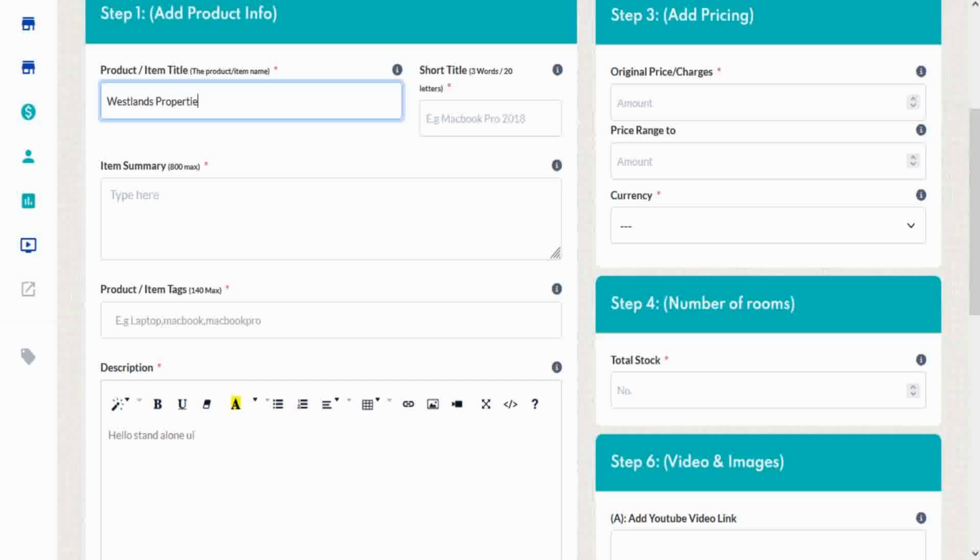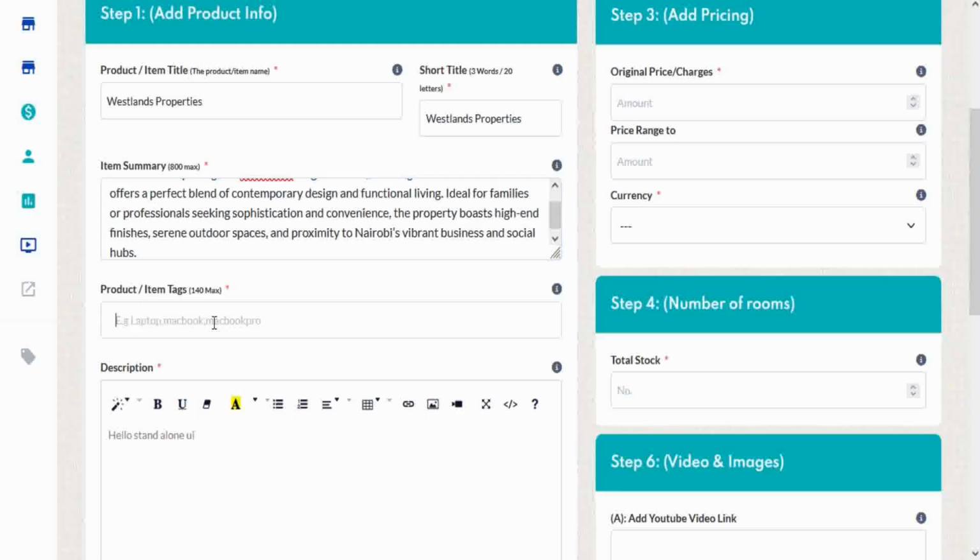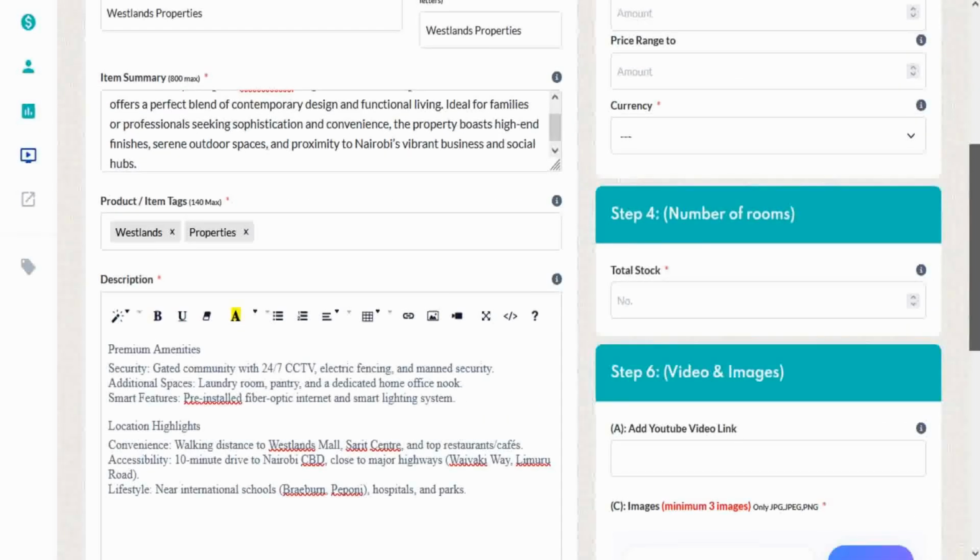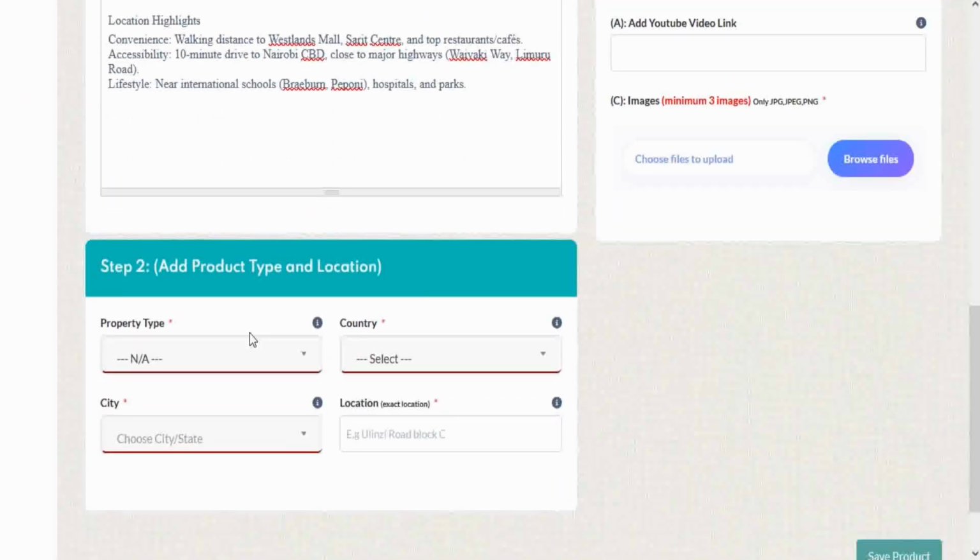Let's start with step 1, where you include the product name and title, its short title, its item summary, and the product and item tag. The product and item tag is what is used by the user to locate your property. Once you've included the full description, we go to step 2, where you include the type of property it is,